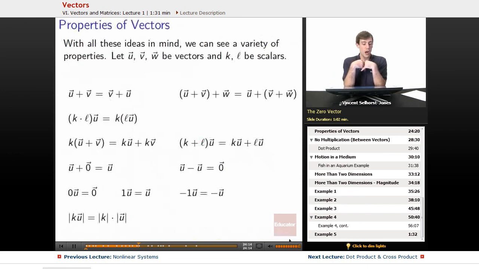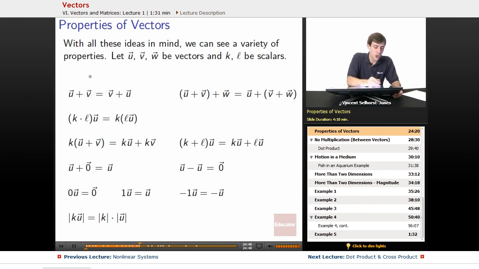Great. All right, so at this point, we've talked about a lot of different ideas with vectors, and we can turn this into a bunch of properties. Don't worry too much about understanding all of these properties right off the bat. They'll sort of just make more sense, and you'll be used to using them. The beauty of all these properties is that they're very much what we're already used to using with the real numbers. So vectors, as long as you remember to keep it in this form of components only interacting with other components, are very similar to working with numbers in many of the ways we're already used to. Let's talk through some of these